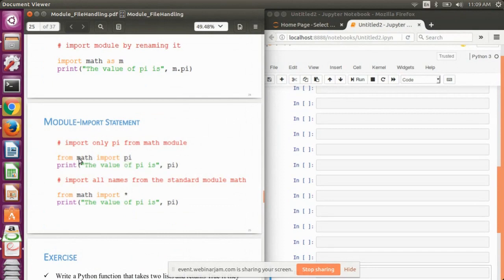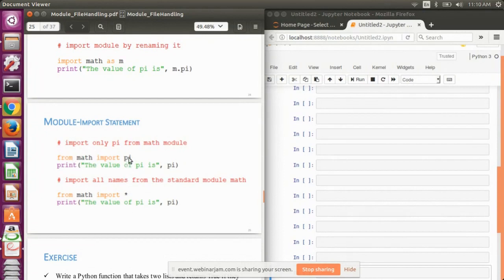This syntax corresponds to the criteria when we want to import just a single function from the entire library. Whenever you just need to use a particular function of a library, then it's better to use this syntax.